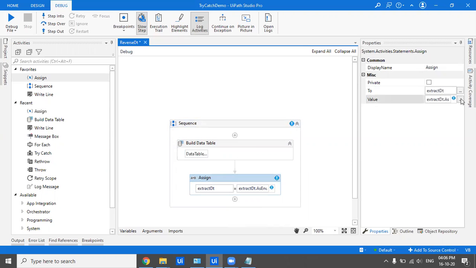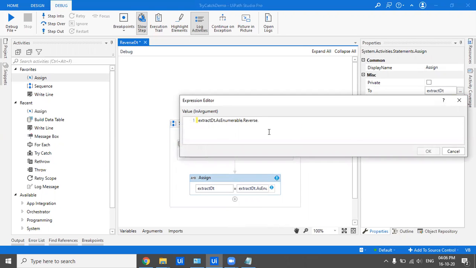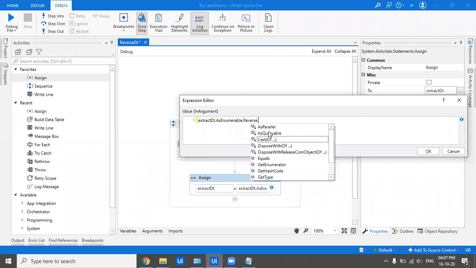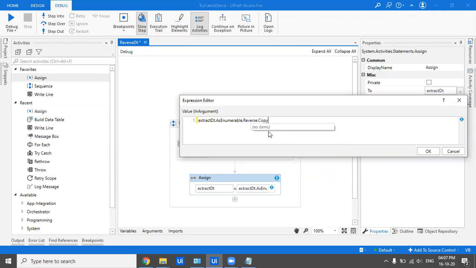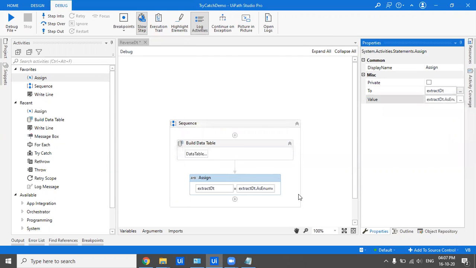So we'll use dot copy to data table. We are not getting that option, and why is so? Let us type it anyway, because there are times when you do not get that option, but that does not mean that you're doing it wrong. So when I did this copy to data table, the error is gone.